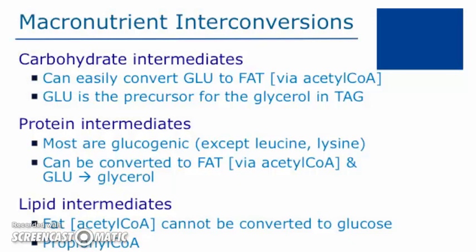Lastly, in this first slide presentation on the integration of metabolism, we will discuss the macronutrient interconversions. So we see the macronutrient interconversions for carbohydrate intermediates, protein intermediates, and lipid intermediates. First, we will discuss carbohydrate intermediates. We can see that carbohydrate intermediates, particularly glucose, can easily be converted to fatty acids, and this is through the conversion of glucose to pyruvate in the process